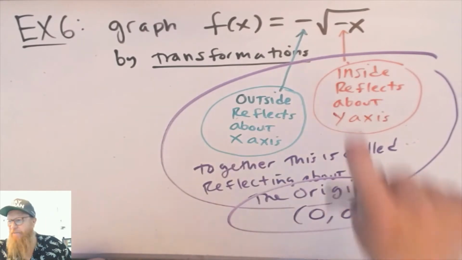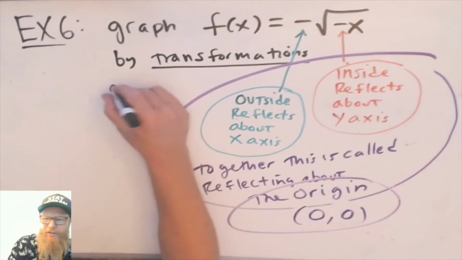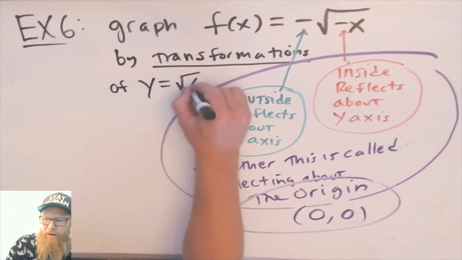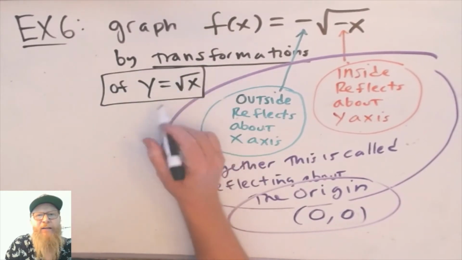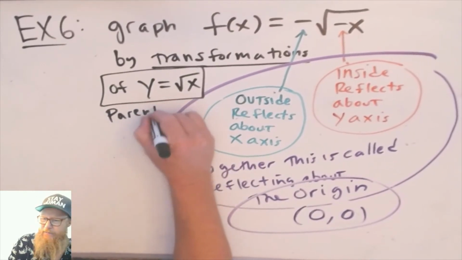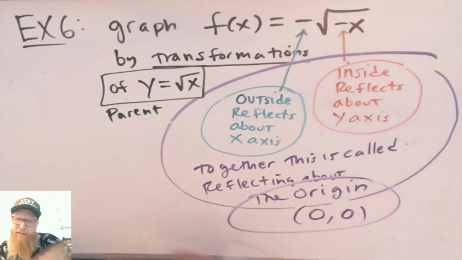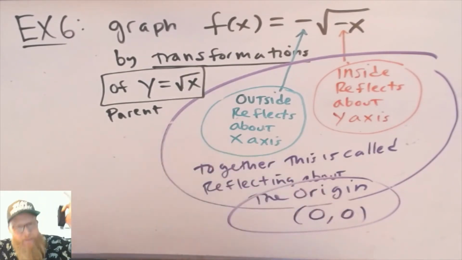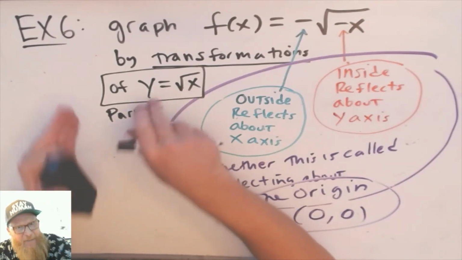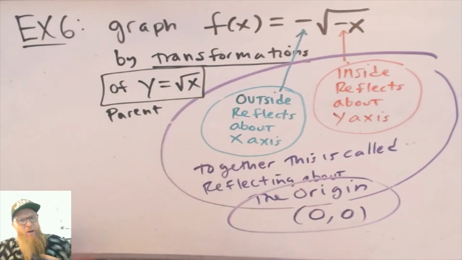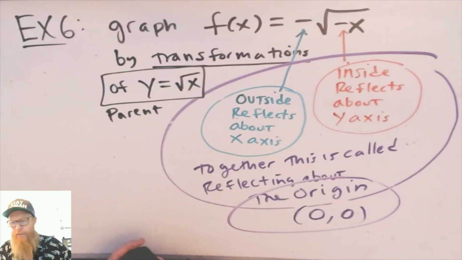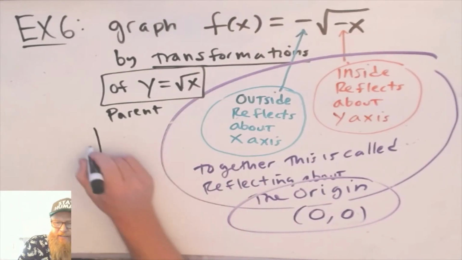So we're going to graph this by transformations of y equals square root of x. So we have to have a parent. You can't transform nothing. Nothing with nothing gives nothing. You have to start with something. You got to have something if you want to form a transformation. You got to have a seed. Let's do it. All right, so the parent is,